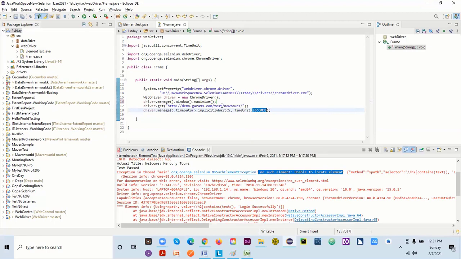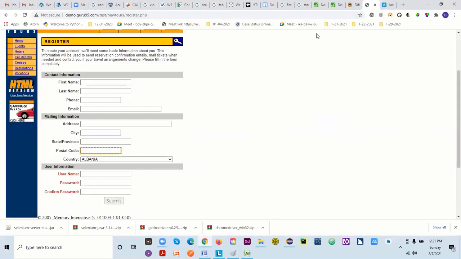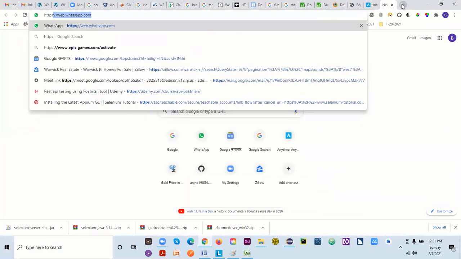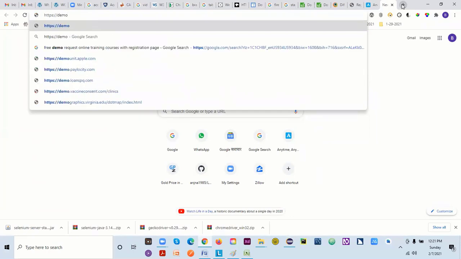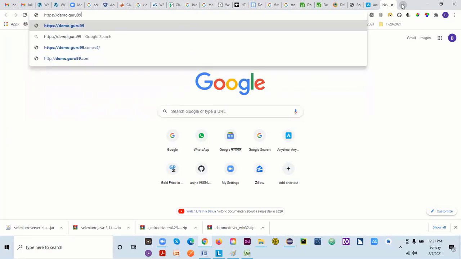So let me do one thing, because if there's no frame available on this URL, let me give you a different URL where we have a frame. Let me put HTTP here, because we need to deal with the frame. The application could be anything, so the logic will be the same.